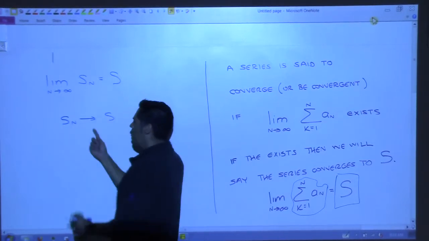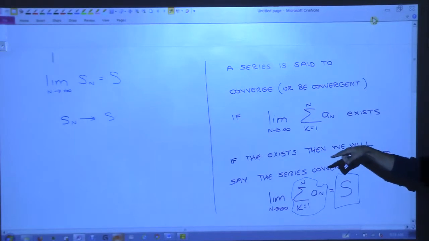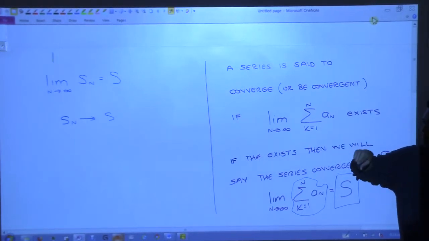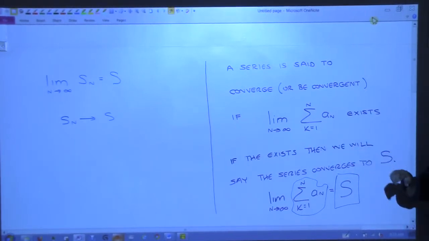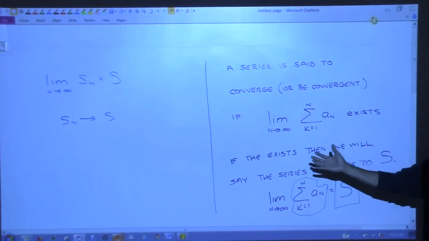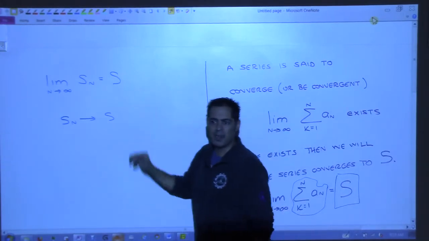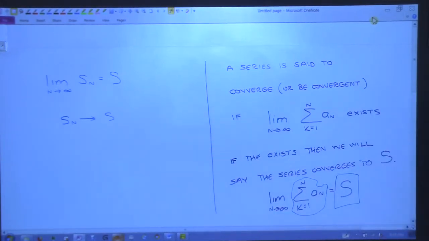Do you remember what that arrow meant? The arrow meant that it converged, right? Back with sequences, when we said a sequence converged, we'd write a little arrow pointing to the number. Same thing. So this means this means this. All these are the same notations. Clear? All right, so